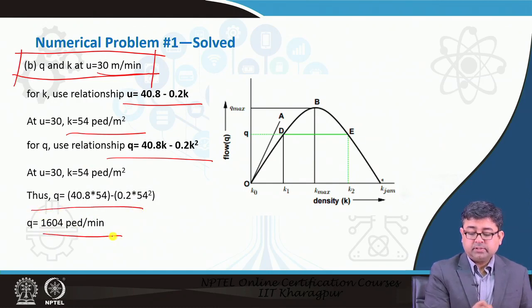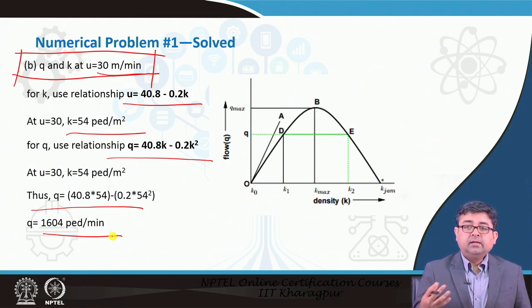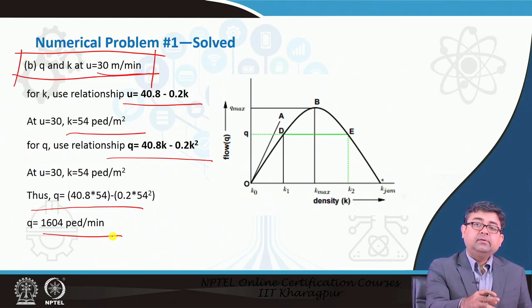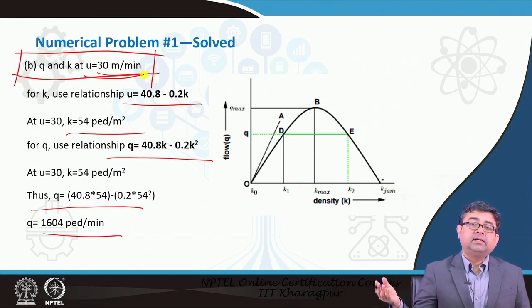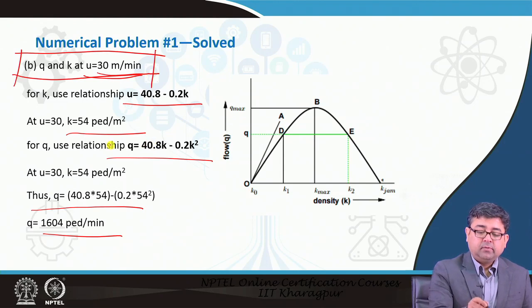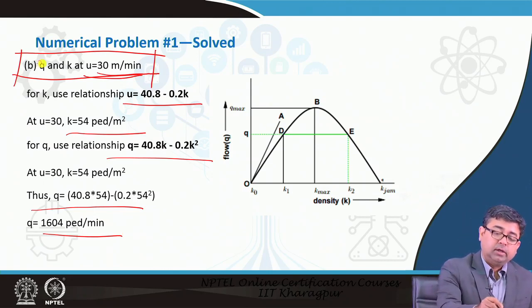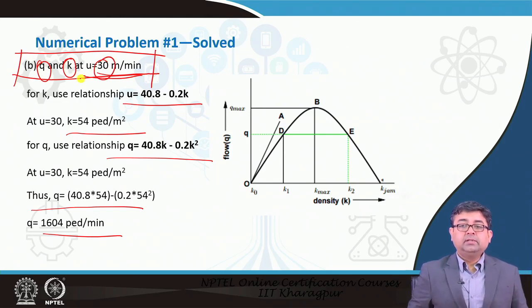what Q is. So, you see what these equations help you to do is that for a different facility, you only have to determine the speed of people walking at that facility, and using these relationships, you can find out what Q and K are. You do not need to do the calculations again. You just have to know what the speed is, and you can automatically determine the other two parameters.